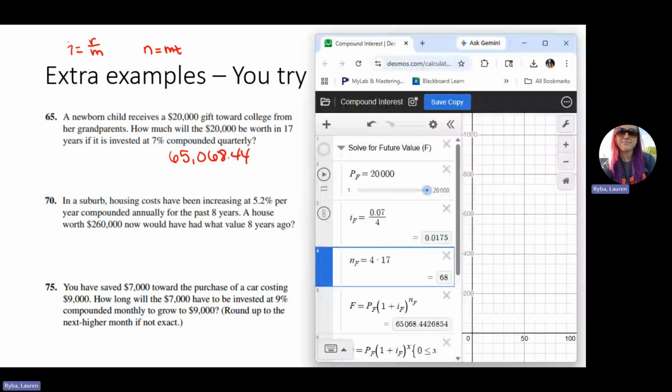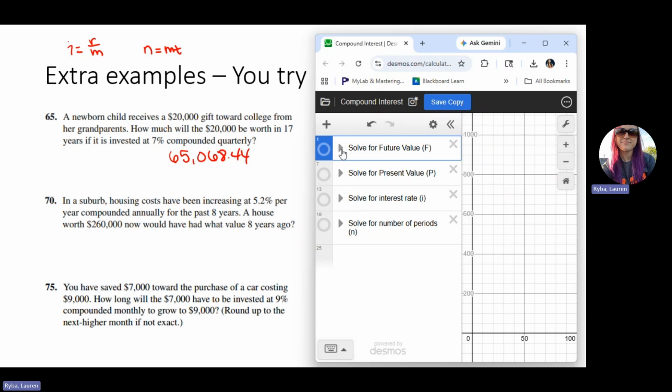Okay, let's read the next one. It says, in a suburb, housing costs have been increasing at 5.2% per year annually, compounded annually, for the past 8 years. A house worth $260,000 now would have been worth what value 8 years ago? So I'm working backwards. This is the current. I want to go back in time. So I'm trying to find the P,